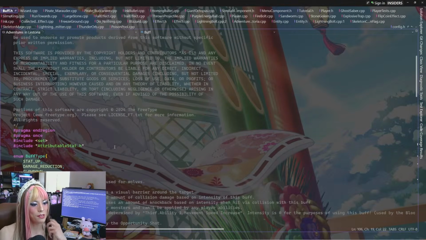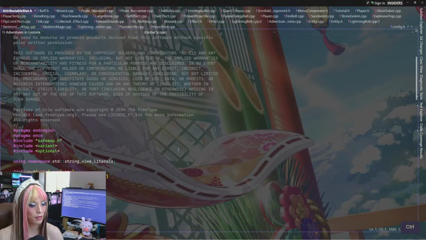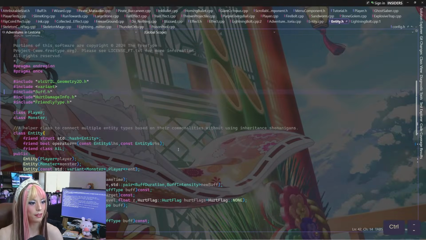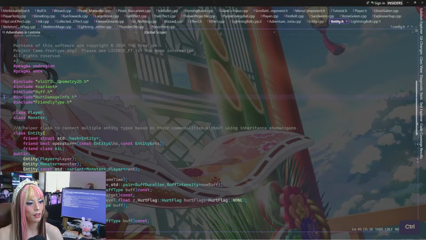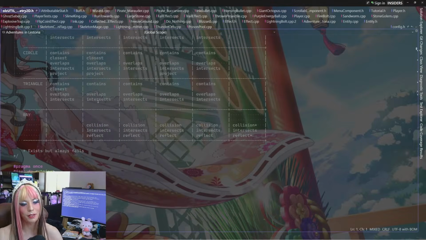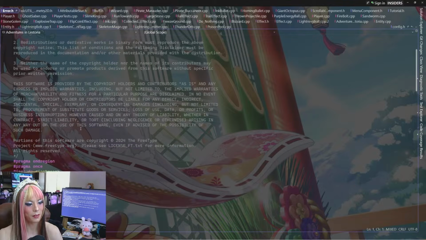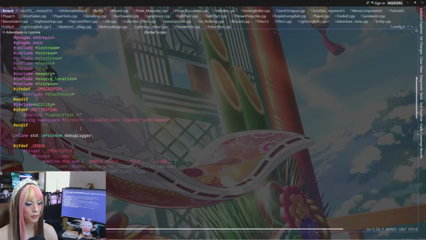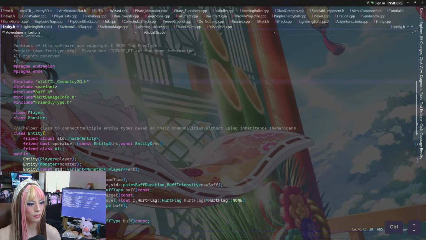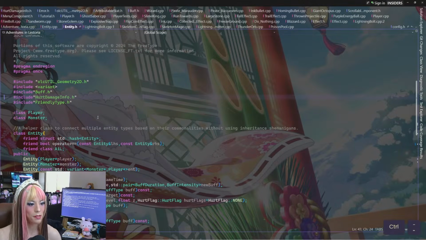Let's see. So buff uses attributable stat, which only requires safe map, so that's good. Hurt damage info. Okay, hold on. Let me look at this. I don't think this requires anything. It shouldn't require anything other than standard stuff. It does include error.h, which only includes standard library. Hurt damage info, literally just structs and enums.